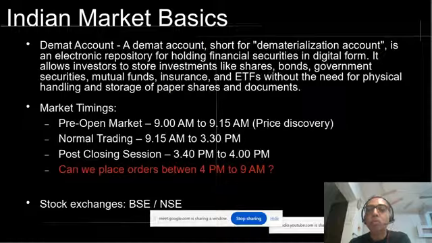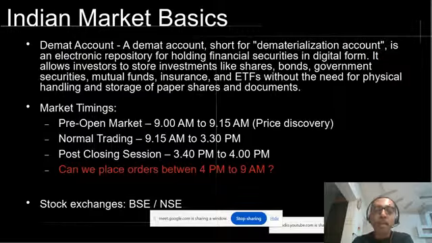However, the challenge with those orders is that they do not usually get filled if you are asking for a very particular price. It depends upon the availability of sellers and buyers, and that is also called liquidity in the market. So there is less liquidity in the market between 4 p.m. until 9 a.m. However, the most liquid session is from 9:15 until 3:30 p.m.